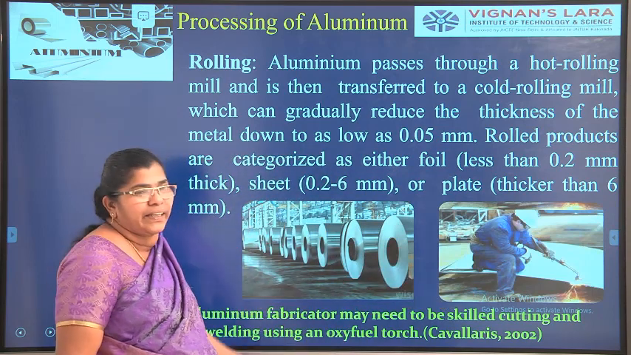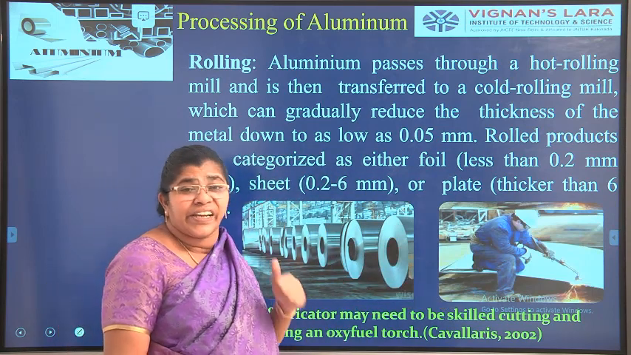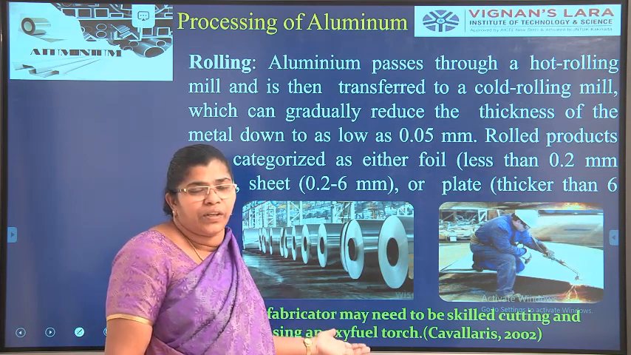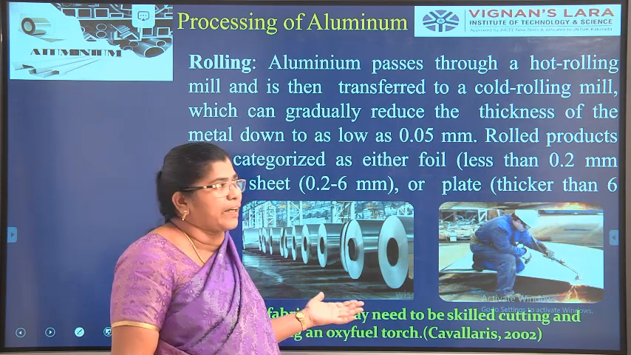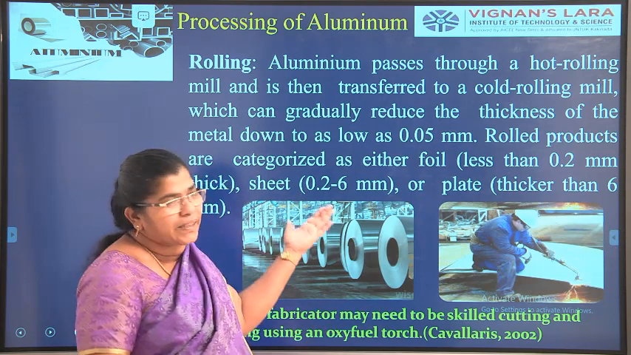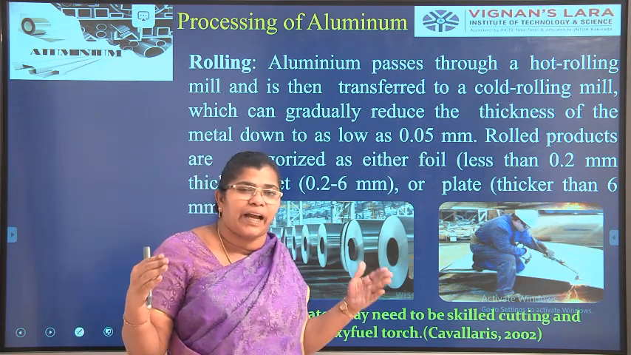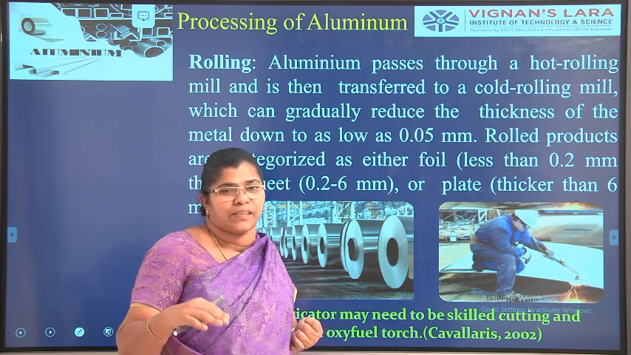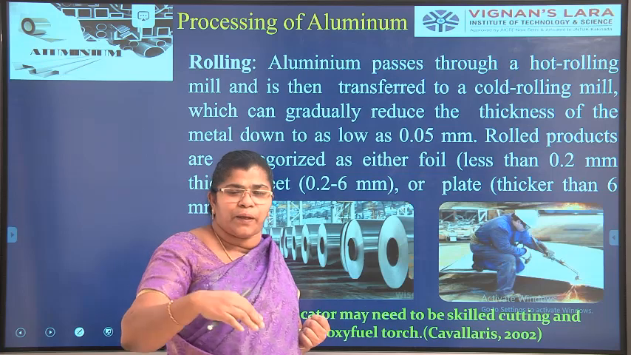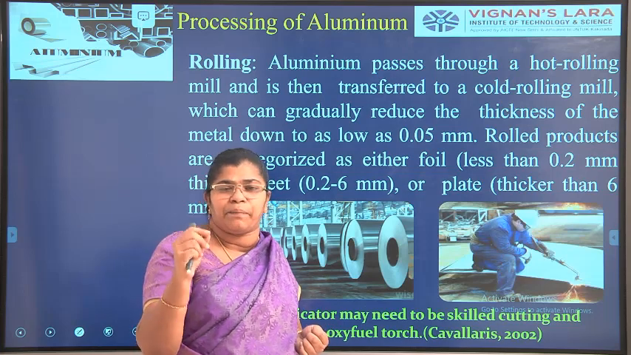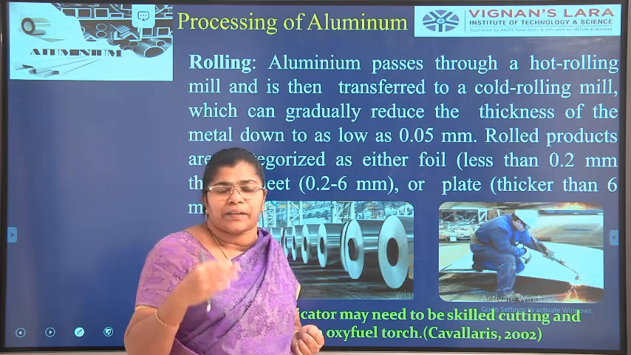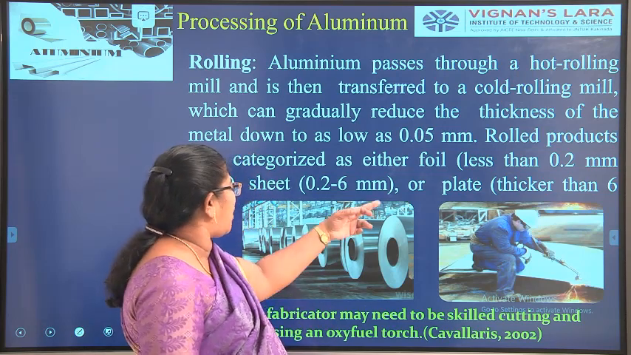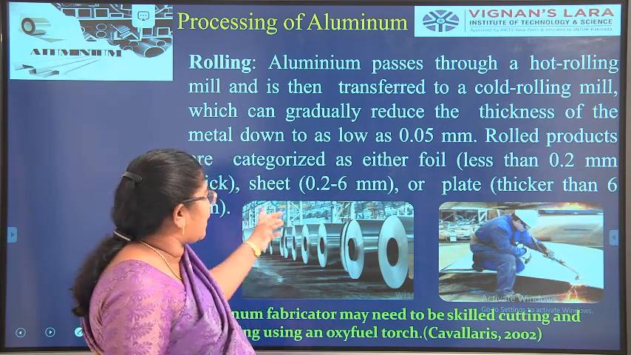But the main thing is that we need very skilled labor for working with the sheet, right? Unskilled laborers cannot work with it. And what happens now: the alloy will be heated to a very high temperature, and it will be allowed to move through rolling mills. Through the rolling mills, it will be rolled into thin sheets. Depending upon the thickness, 1 mm, 2 mm, the sheet will be formed. If it is rolled to less than 0.2 mm thick,